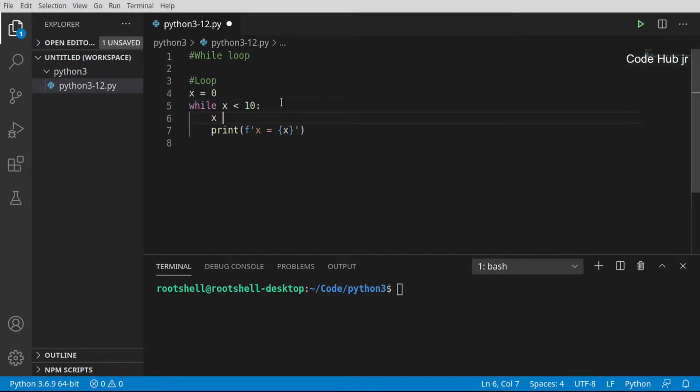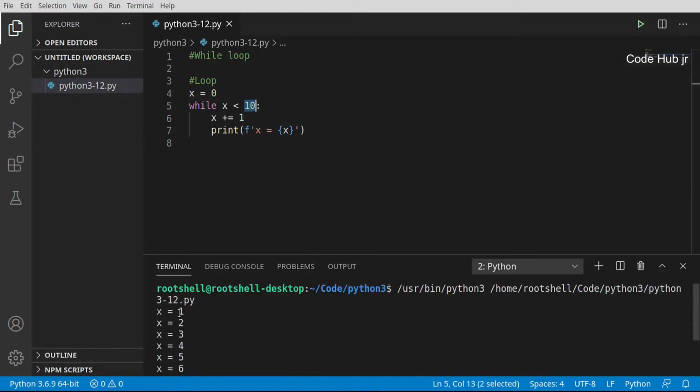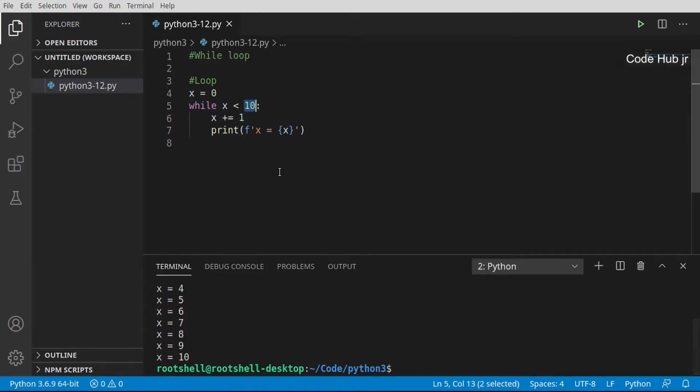So we need to actually increment x. Once we do that, we have now incremented our counter. Eventually, x will be 10 or greater, and this will exit out. See? 1 through 10. Works as expected now. So loops can be very powerful and very easy to use, but you can very much screw up your application just by creating an infinite loop on accident.